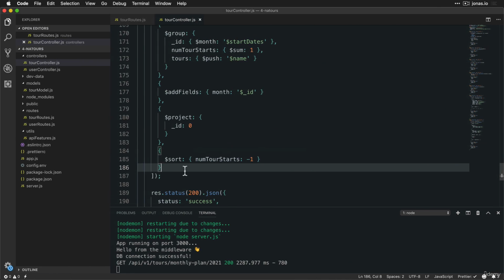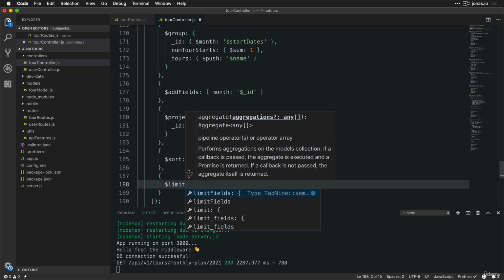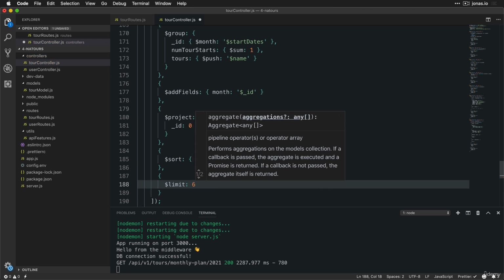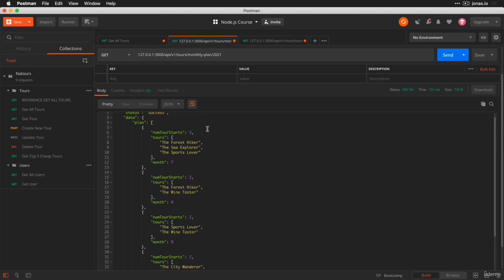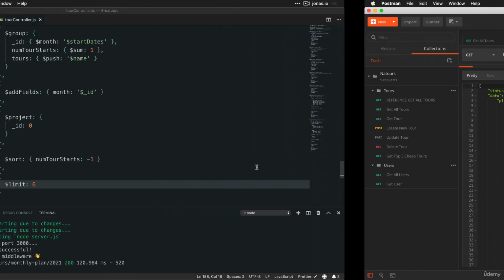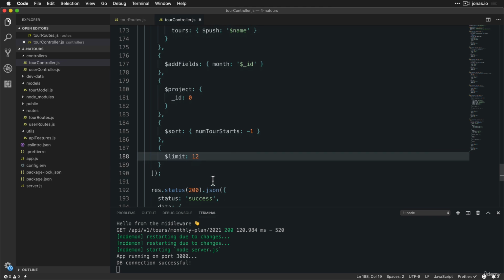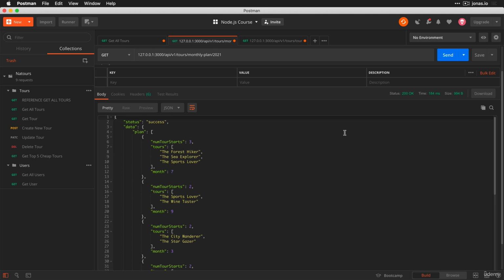Let me just show you one last stage here, which is not really helpful here, but I wanted to show it to you anyway. So we have the limit, and so this one is exactly the same as limit in the query. So basically it is going to allow us to only have 6 documents here. Okay, so basically 6 outputs. Okay, so let's test that. And so now indeed we should only have 6. 1, 2, 3, 4, 5, and 6. All right. Again, not really useful, because that's going to cut off the 6 least busiest months, which we don't want. So let's simply set it to 12 here, just so we can leave it here as a reference for you. All right. So one more time, but it should be working now,